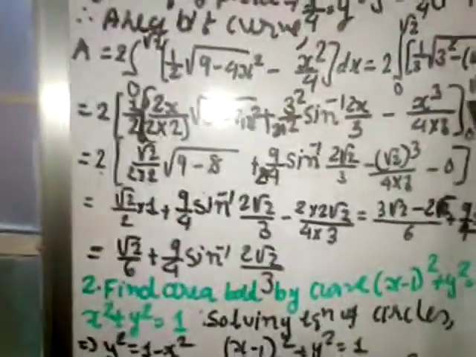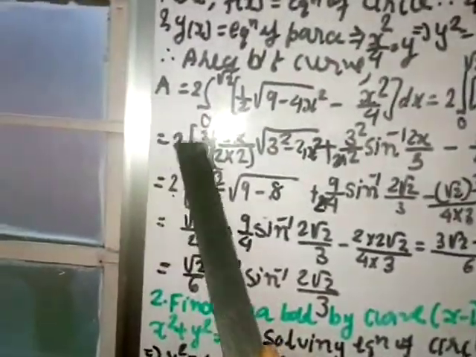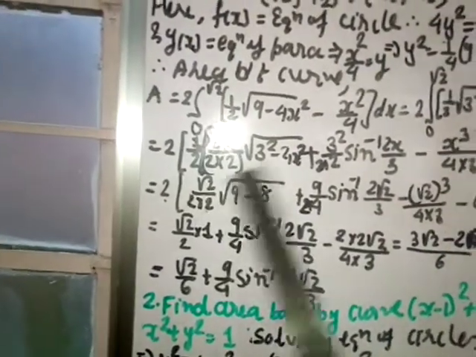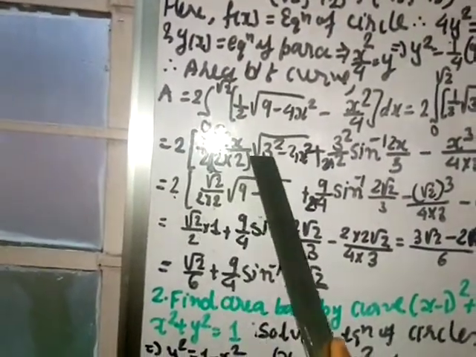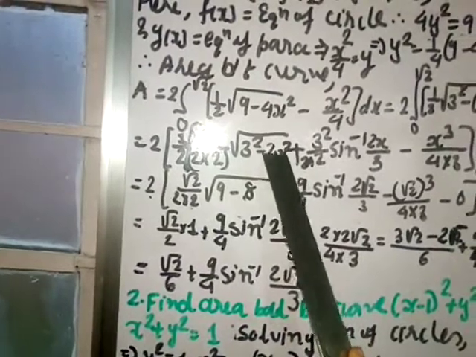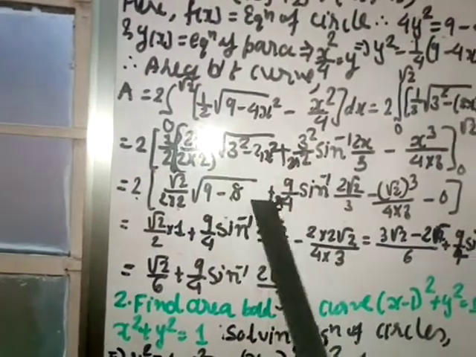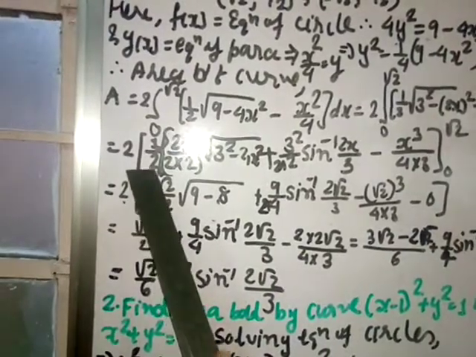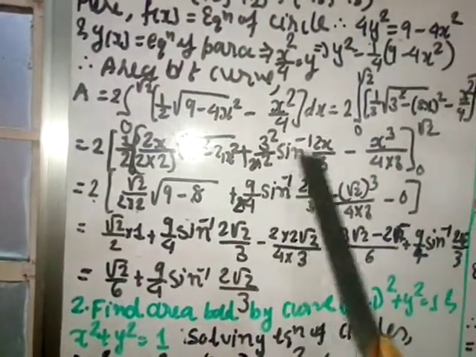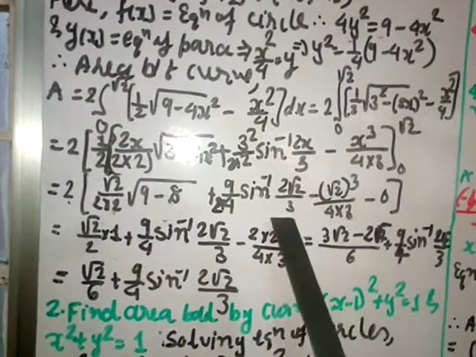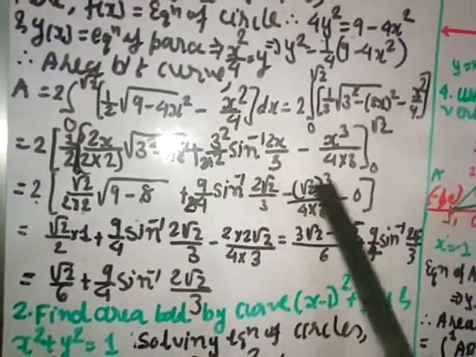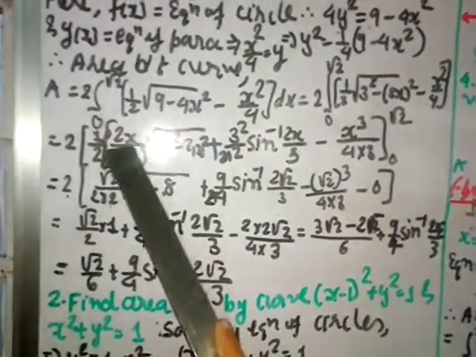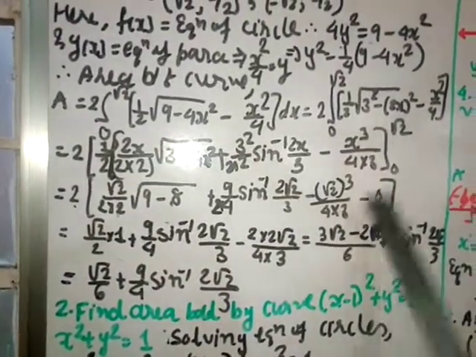Okay, now let us put the upper limit and the lower limit, and this 1 by 2 I am multiplying here. So 1 by 2, instead of x you put root 2 first, so root 2 into 2. Here 3 square is 9, here also root 2 square is 2, 2 into 4 is 8, plus 3 square is 9, 2 into 4, and this 2 you are multiplying, so 2 here. Sin inverse, here instead of x you put root 2, so 2 root 2 by 3 minus, instead of x, root 2 cube by 2 into 4 into 3, and when you put 0 this will be 0, this will be 0, this will be 0, so only 0.